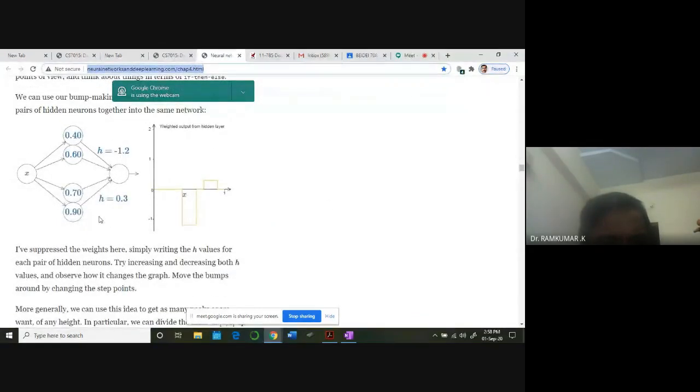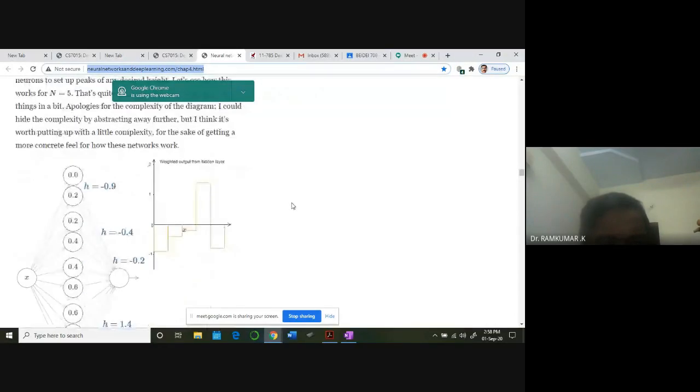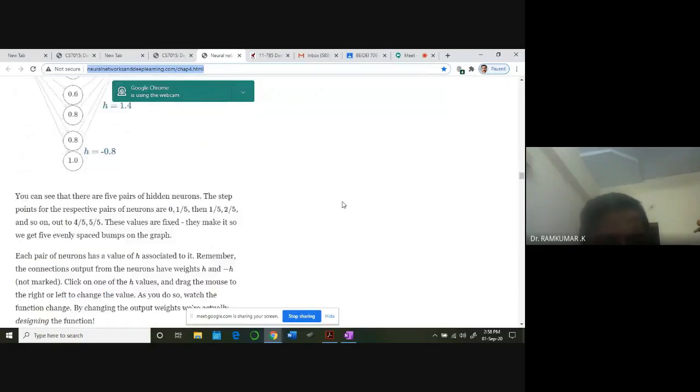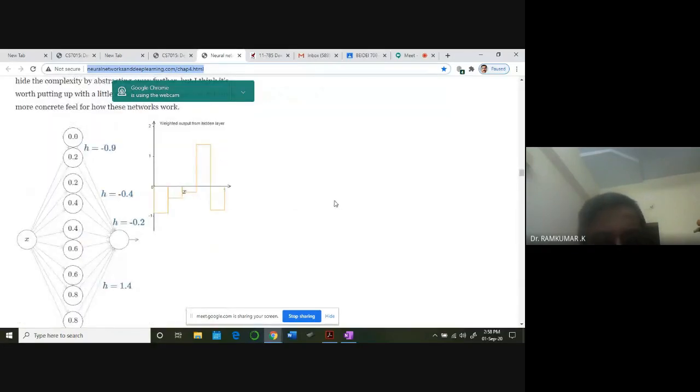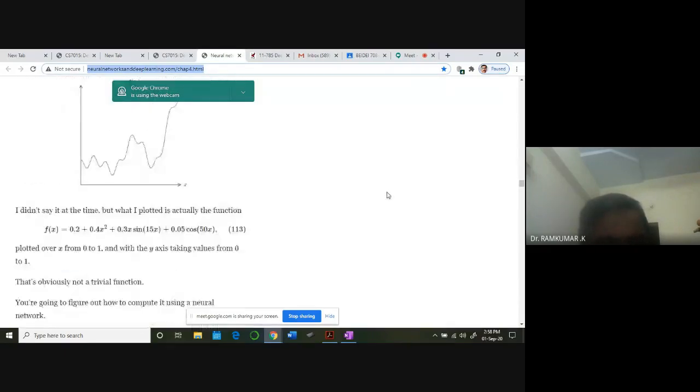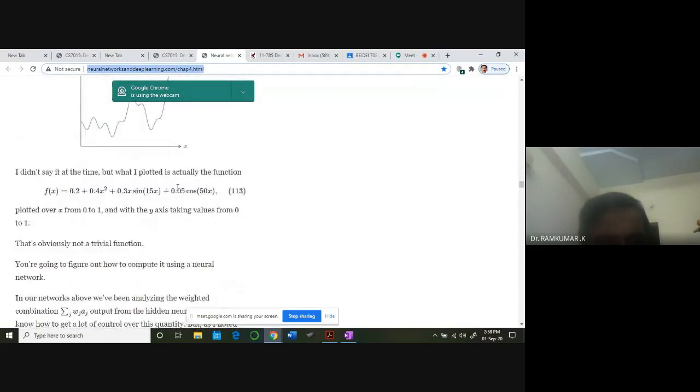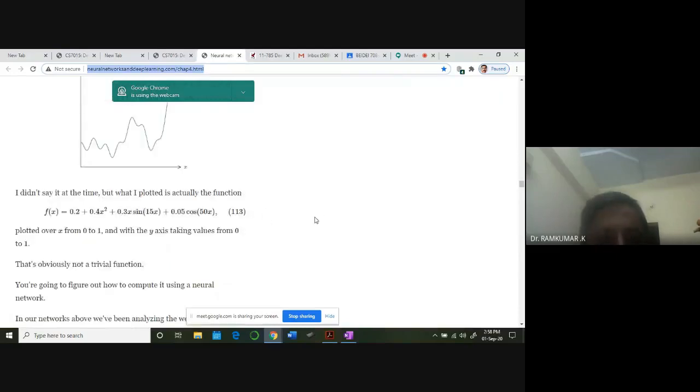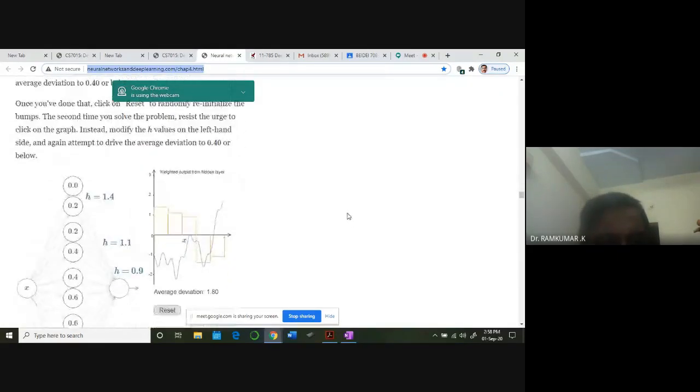This is another case. By carefully choosing different kinds of weights, you read this, you can understand this. So you can build complex networks like this. See, basically we are trying to build towers like this to represent any function. That's the idea. Regression functions. See, polynomial can be created like this. This kind of polynomial function can be created by going for more towers like this.